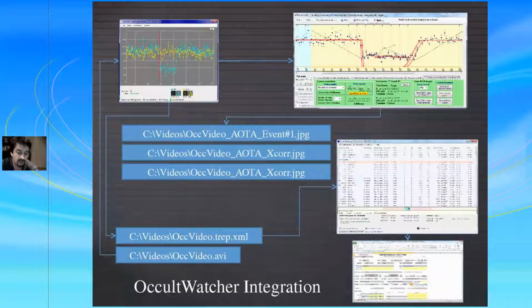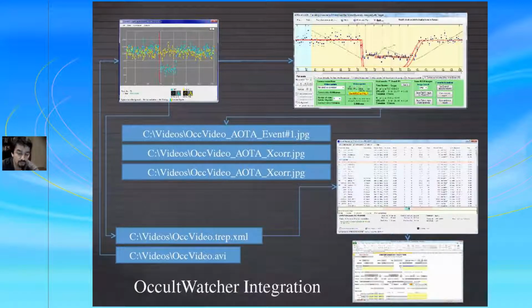And this file will be made available to Occult Watcher. So if you have announced for this event, and if you right click on your station and go report observation, and pre-populate your Excel form, at this point this only works with Excel, so it works for observers in United States and Australia, because in Europe they use text forms.